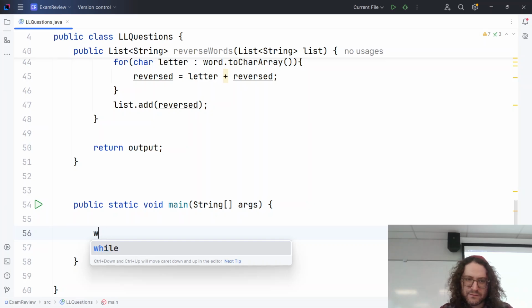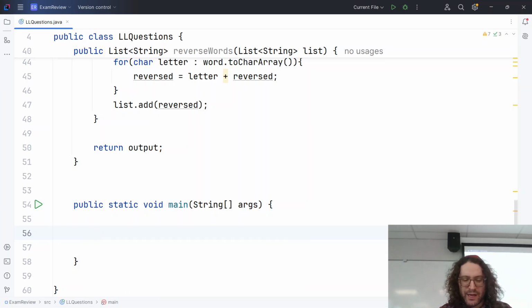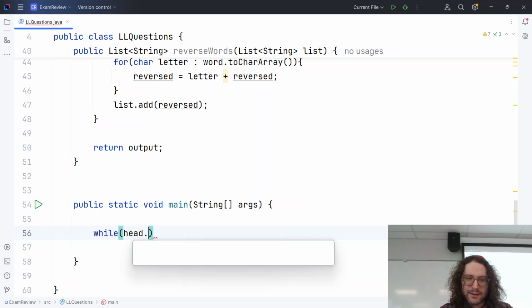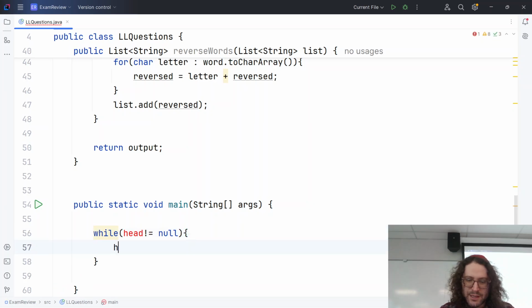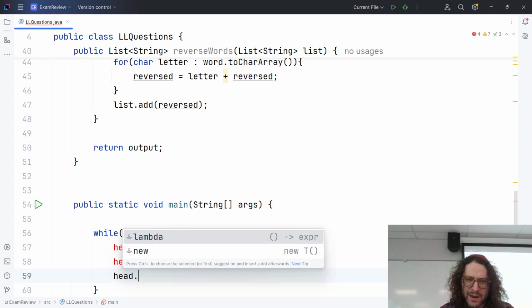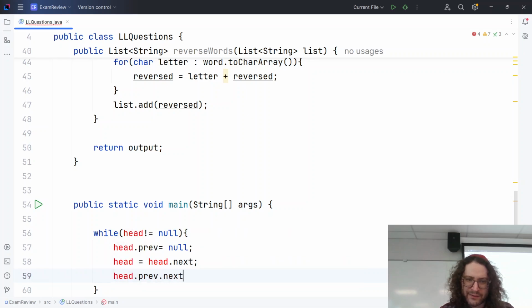Let's see. We can start out, you know what? No, we'll start out with head. While head is not equal to null, head.previous is equal to null. Head is equal to head.next. And then head.previous.next is equal to null. Make sense? So what I do is I say, hey, the thing behind me,